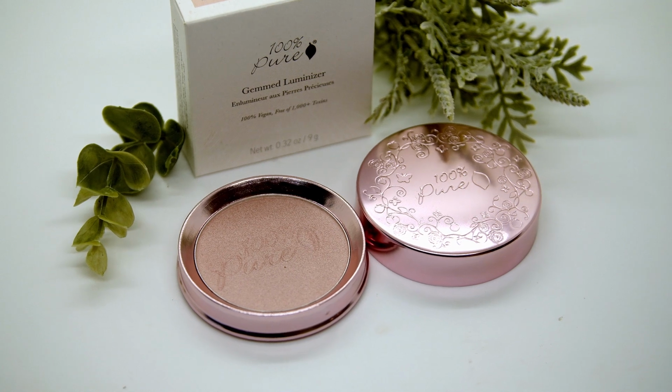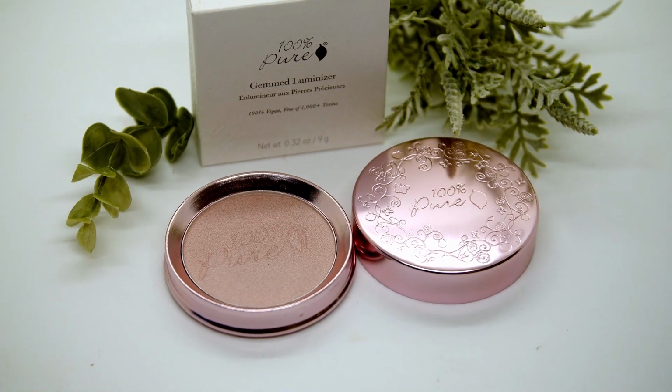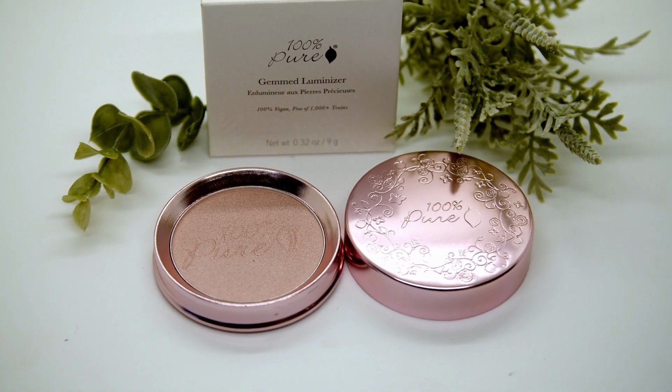So this is the 100% Pure Gemmed Luminizer. And I have this in the shade Moonstone Glow. So my biggest issue with this highlighter is it's not even that it looks pink or anything like that. It's just, it is super powdery. It kind of almost pulls your skin together. It's that powdery, it's not like one of these highlighters that come on super wet or anything. It's just gonna look powdery, and on camera it might look nice, but in real life, different story,